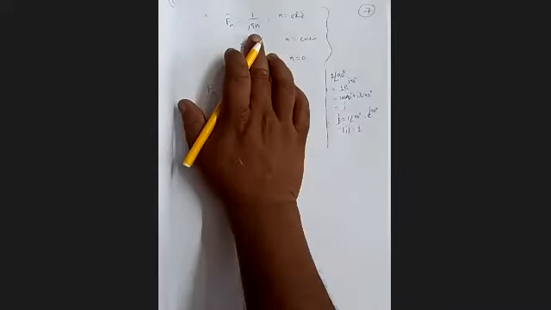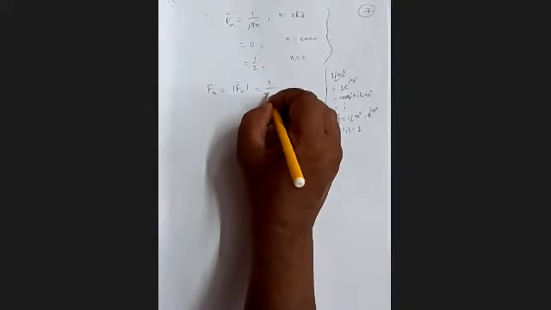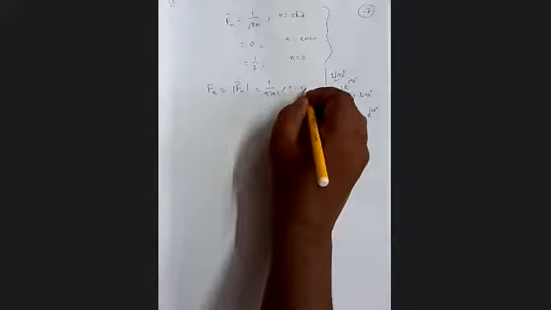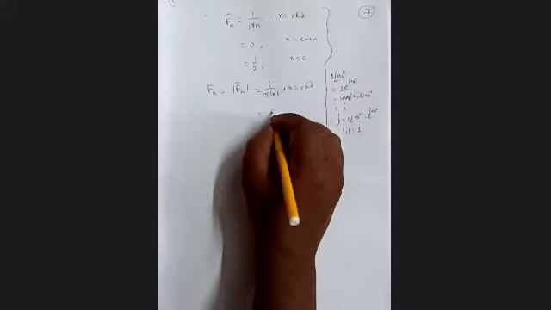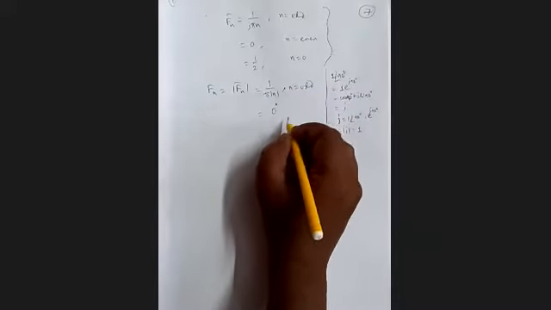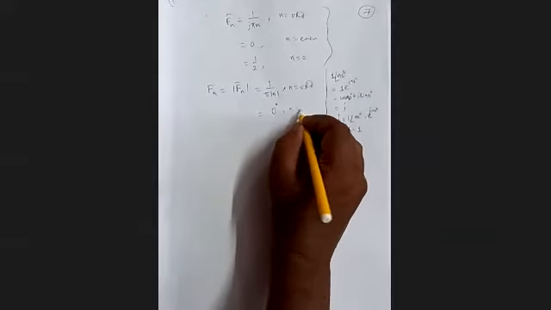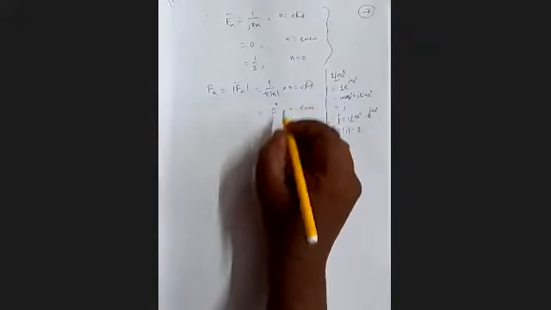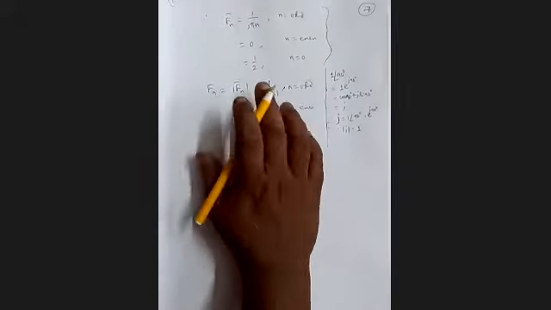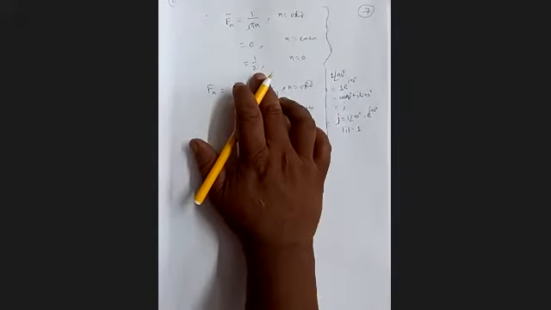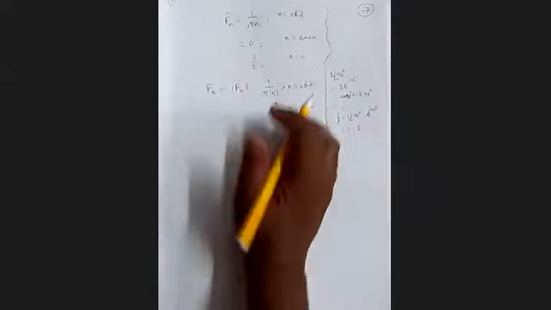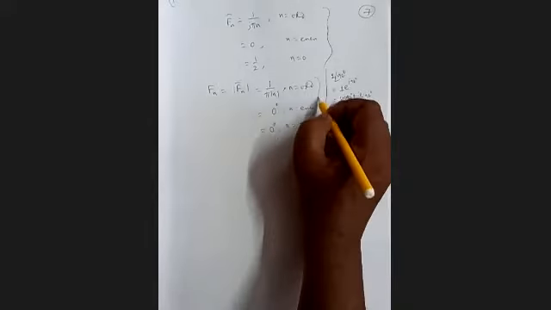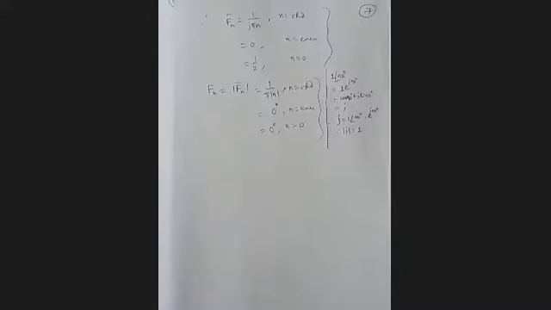So it's 1 by mod j, which is 1, and it will be 1 by pi mod n when n is odd. When n is even, it is 0, 0 degree simply. And when n is 0, it's a real number. Half means we can write it as half plus j0. So its imaginary term is 0, meaning 0 degree when n is 0. So this is our Fn.